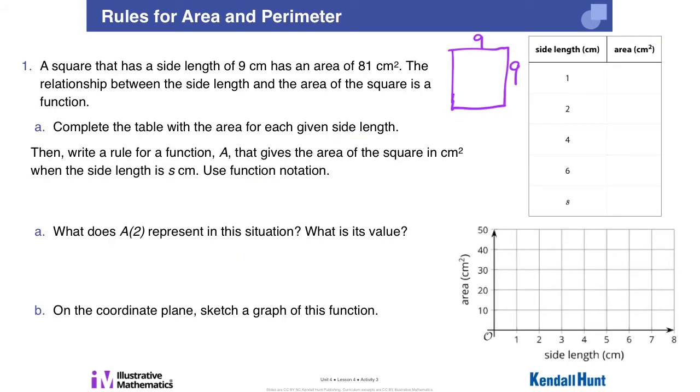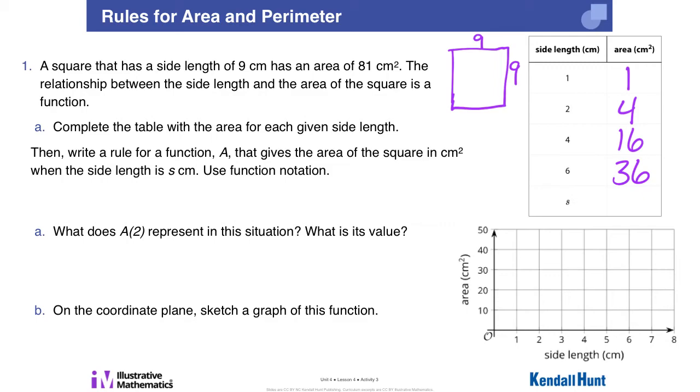Now we're going to start creating our own rules for a function. For this first one, we have a square. So I drew a square. It has a side length of 9. So that means that it's an area of 81 because 9 times 9 is going to be 81. So we're going to complete this table here. Given different side lengths for a square, what would the area be? So here's our areas given the different side lengths. Remember, it's going to be that side length times itself,